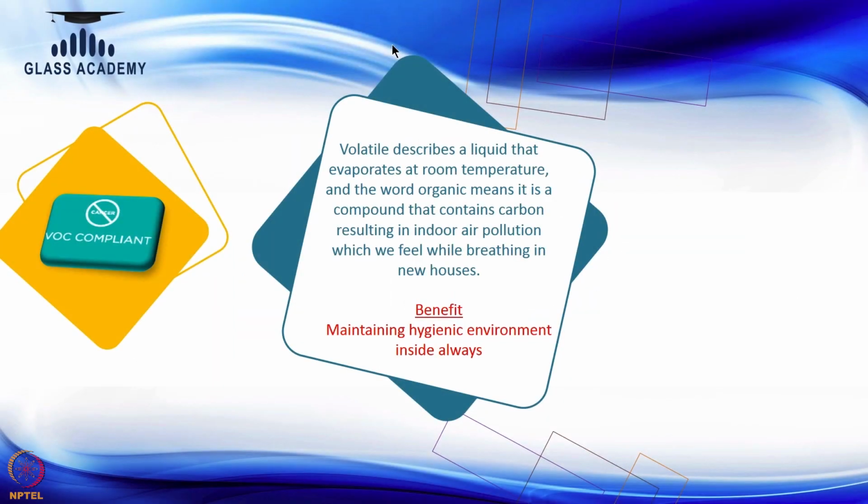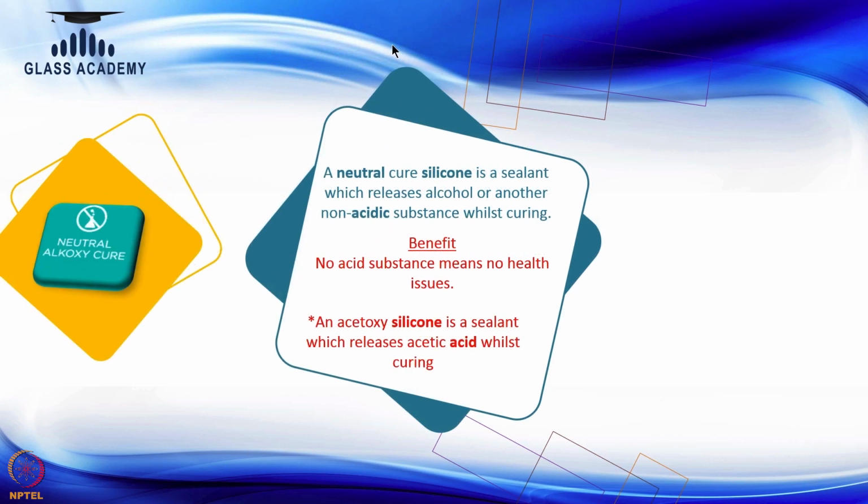So, when we talk about silicone, the first component, as we discussed, is VOC compliance. The silicones must be of neutral base. In the market there are different types of silicones available. Mostly silicones come under the acetoxy category. Acetoxy means that while applying on the back painted glass, it will react with the paint and emit VOCs with an acidic background, which will again hamper the interior environment, the air quality of interiors, which is not good for our health.